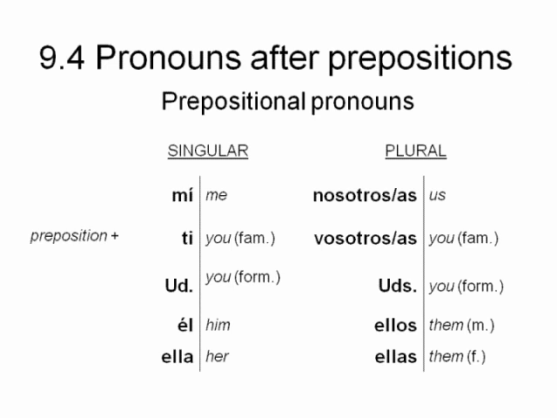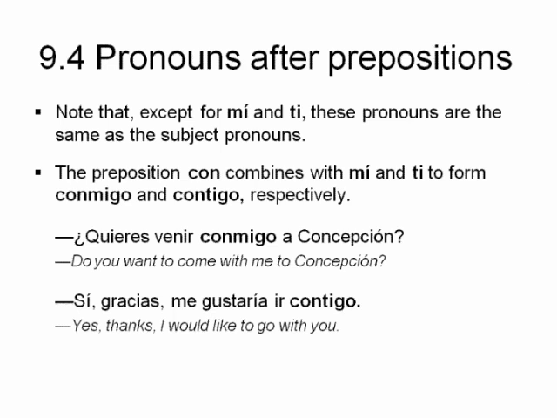But in Spanish, something that's a little different is that the word actually looks like the subject pronoun. Here, note that except for mí and ti, these pronouns are the same as the subject pronouns as far as how the word's spelled, but it means something different when it's a prepositional pronoun. As a prepositional pronoun, for example, nosotros means us rather than we, okay? The ones that are different are mí and ti, and one of the prepositions is the word con, and it means